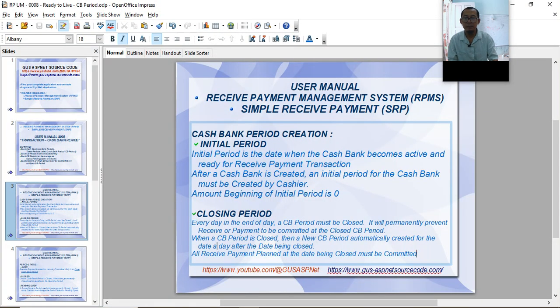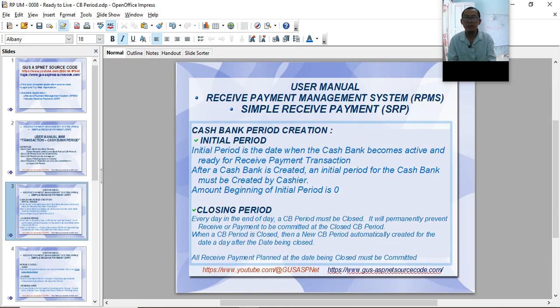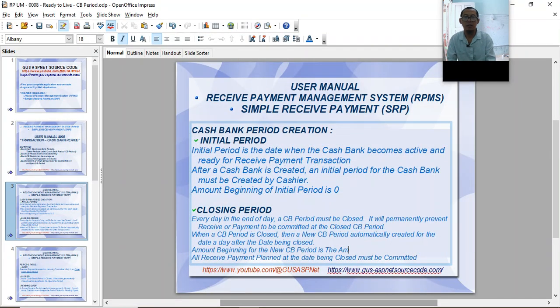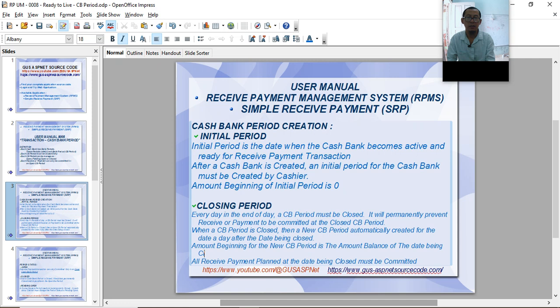Let's write here: the beginning amount for the new CB period is the amount balance of the date being closed.